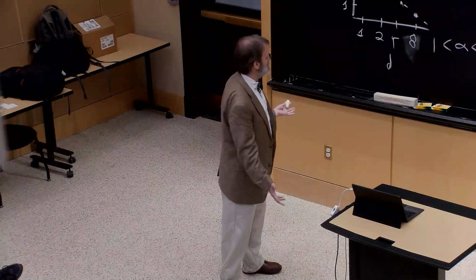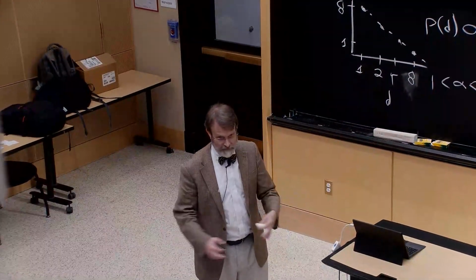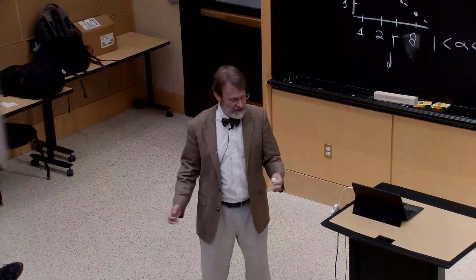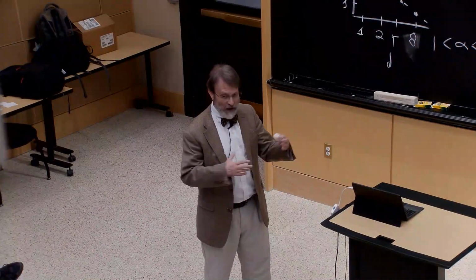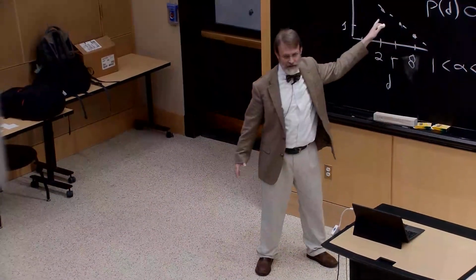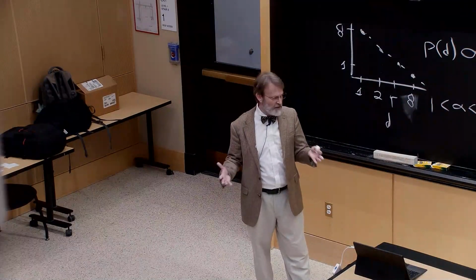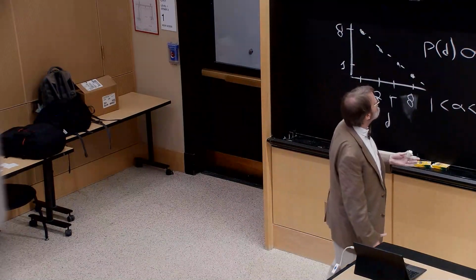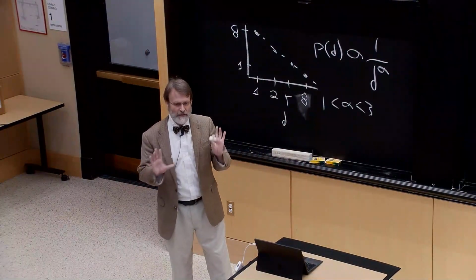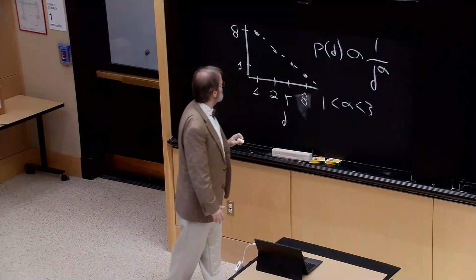In fact, many of today's most important problems, anything to do with the internet, natural disasters, pandemics, wealth distribution, are all described by these types of heavy-tail distributions. And you're like, well, what is a heavy-tail distribution? There are much more formal definitions, but the basic concept is that